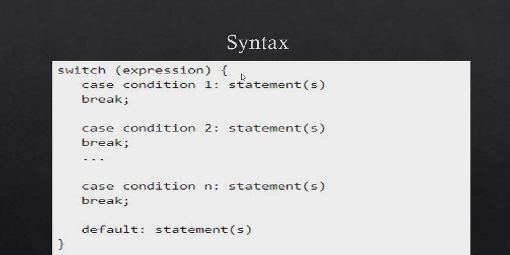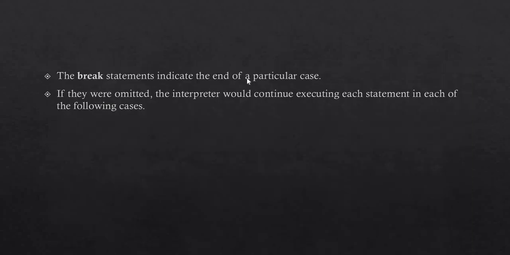When the statement is done, then we will have the break keyword and after break there will be a semicolon. Same will be the case with case 2 condition and any number of conditions after that. If none of these match, then we will have a default keyword and then the default condition. We will write any statement here. If there is no matching condition, then the default statement will be printed. Let's look at it in an example.